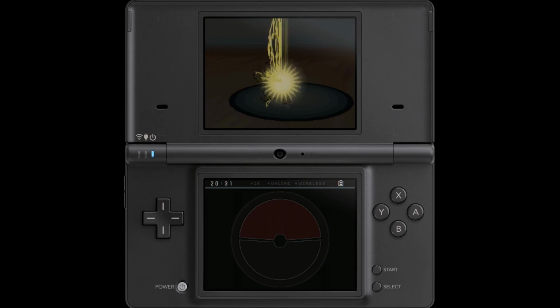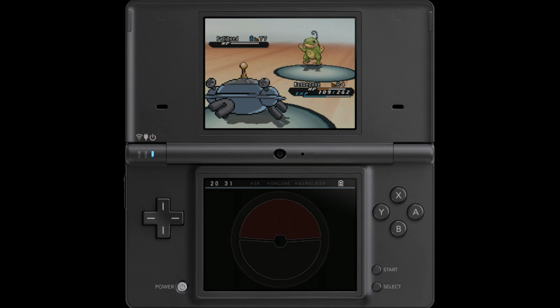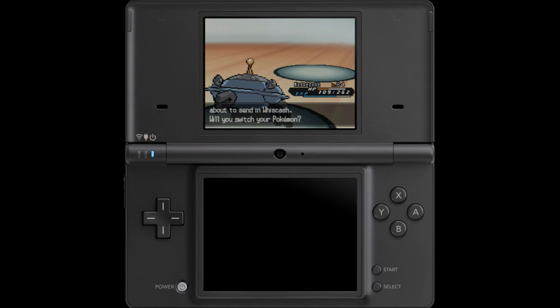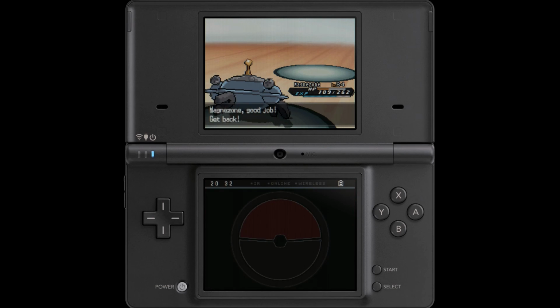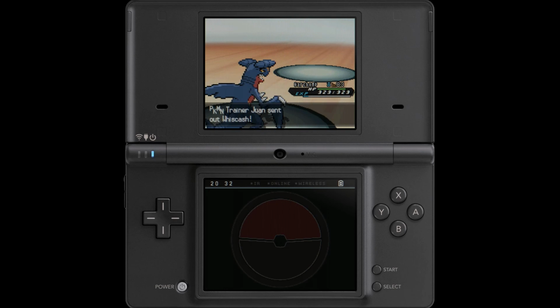And also, I'd like to point out that it's raining inside right now, which I find really amusing. As you might expect, this guy is definitely running a rain dance team, which we really shouldn't be that surprised about. Anyway, we have Whiscash right here, which is a little bit awkward because Magnezone cannot do anything to this thing. So we're going to switch in Garchomp because, as I've said many, many times before,